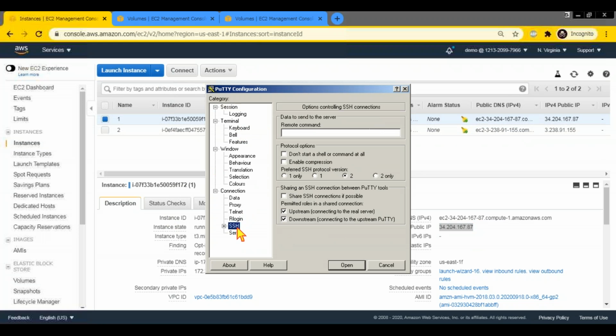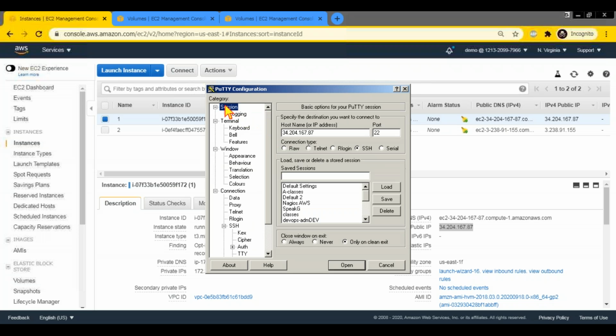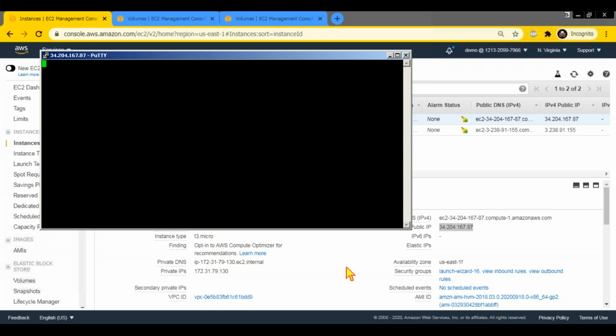And then what I need to do is go to SSH auth. You don't need to specify the key over here now. What you need to do is enable this option called agent forwarding. It is not enabled by default, I think. When you do this, it will automatically pick up the key from the agent. You don't need to explicitly specify the key over here. Just load all your keys into the agent and enable agent forwarding, and you just put the IP address, right, and it will connect,